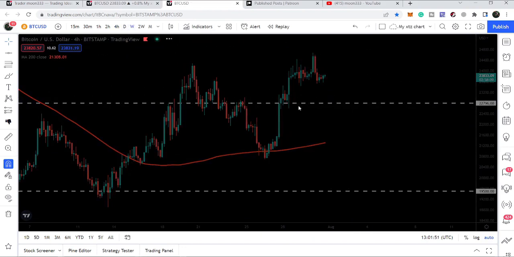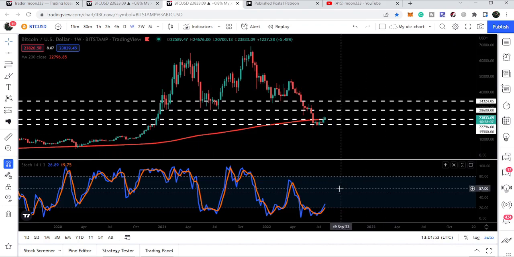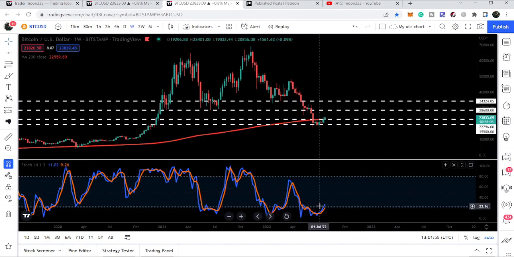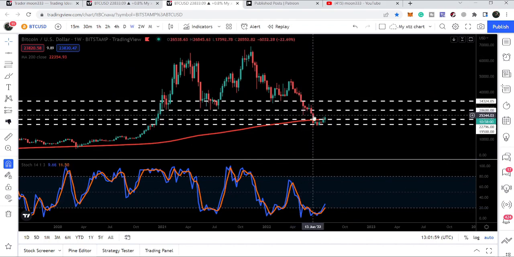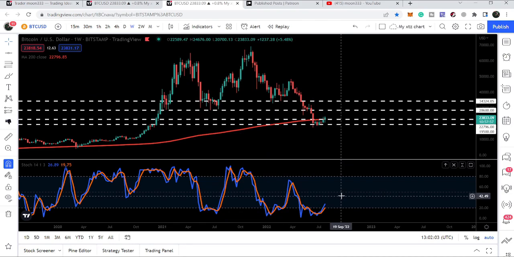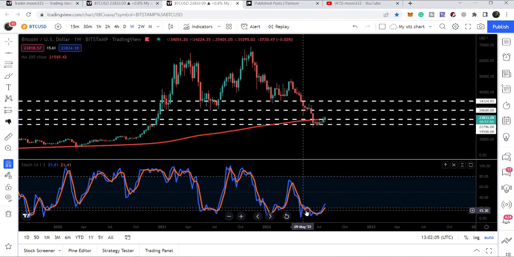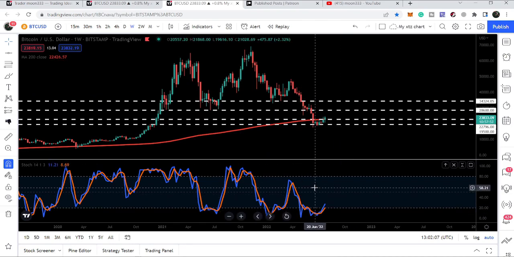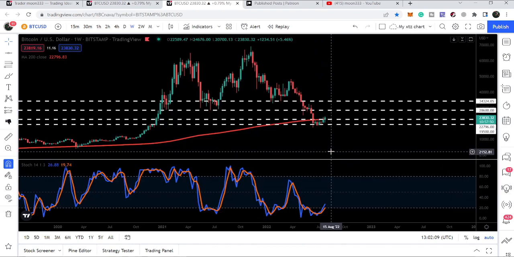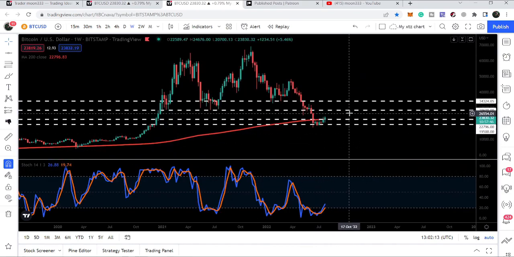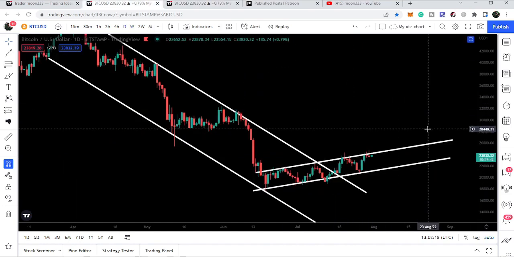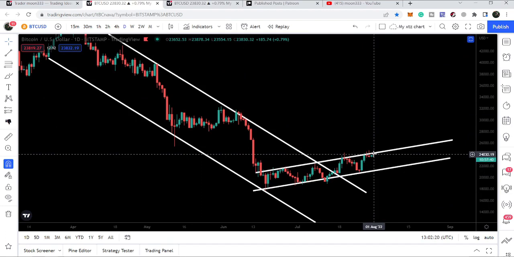Now, if we switch back to the weekly time frame chart and take a look at this stochastic, then there is a big bullish divergence here. Like here we had this low, another low by the price line was here. And if we watch the stochastic, then here it formed this low, and the next low is higher than previous one, you can see. So there is a quite obvious bullish divergence. Therefore, there is a very high probability that we may break out this 200 simple moving average, and then we can also break out the resistance of this channel as well.